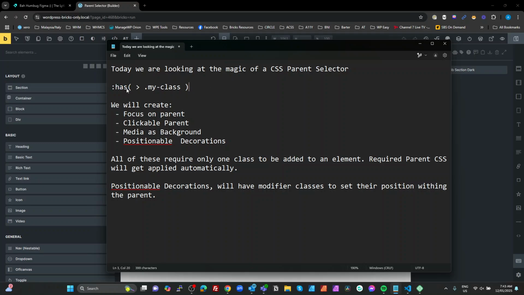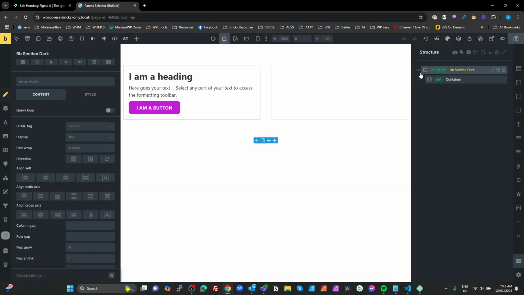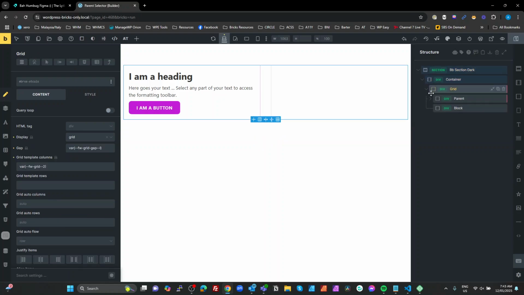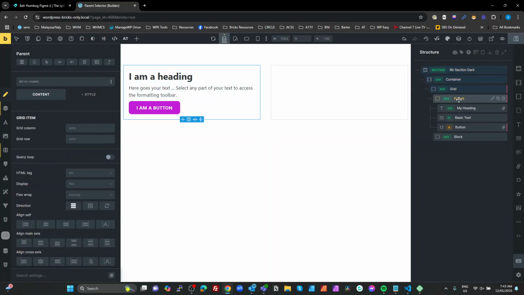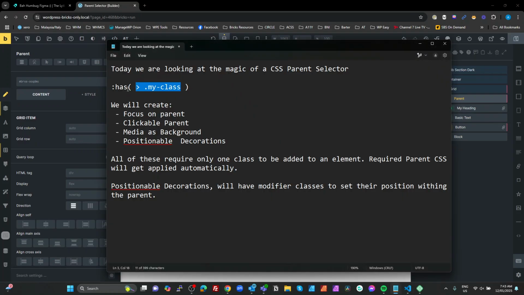So what the :has pseudo selector does, it looks at an element in the DOM, and then it looks below that element for a typical CSS selector. So if we look at, for example, my basic example here, I have a parent. In my parent, I have a heading I've just called my heading, right? So if I use :has on the my heading,